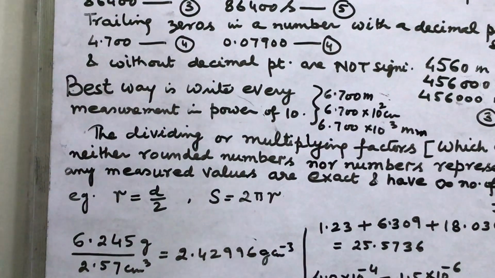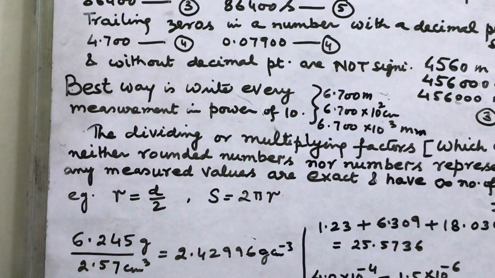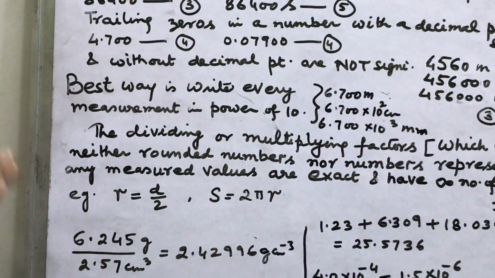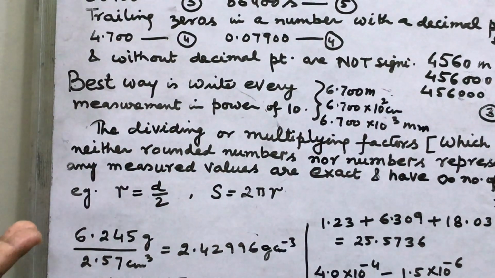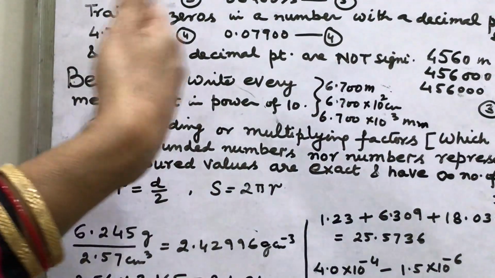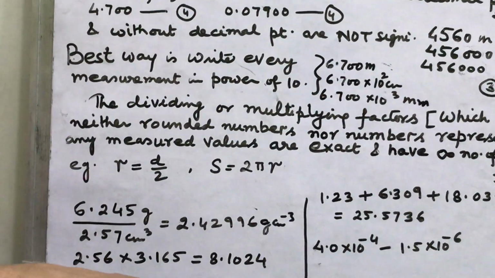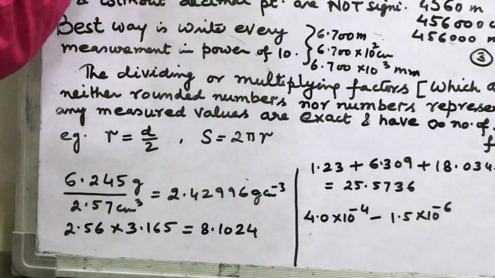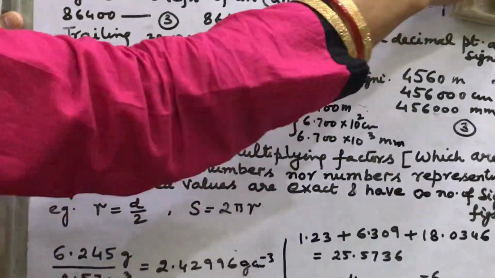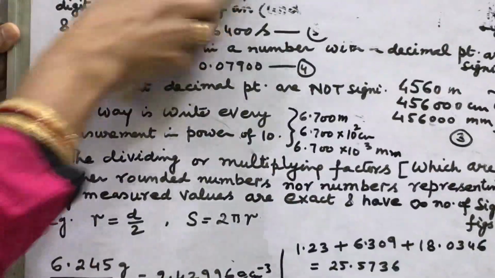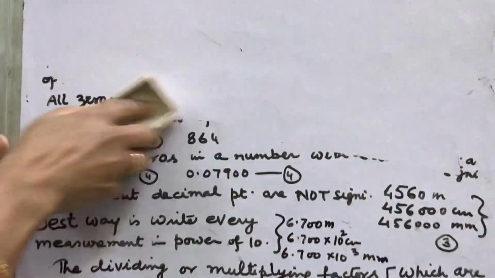Now there are two rules for arithmetic operations and how to write the answer in proper significant figures. In multiplication and division the rules are the same, and in addition and subtraction the rules are the same. So I will tell you how to write the answer in questions of multiplication and division. Simple division and multiplication you all know, but take proper care and precaution when copying the question and writing the decimal places. What is the main precaution in writing the answer?